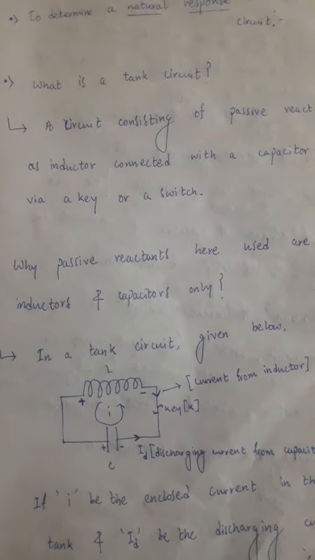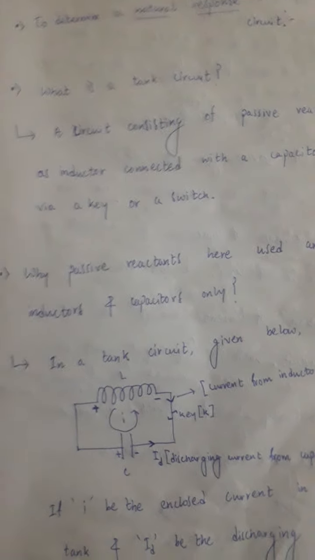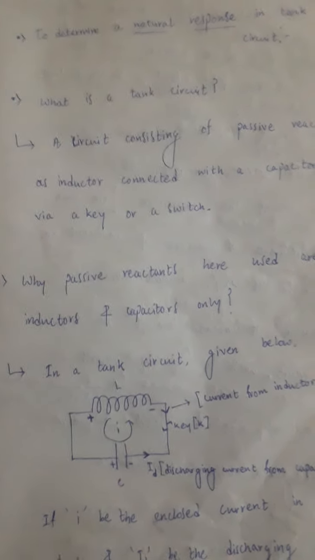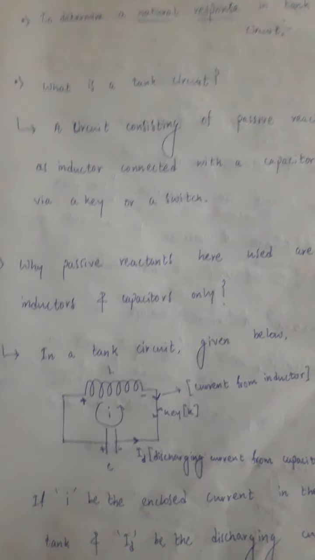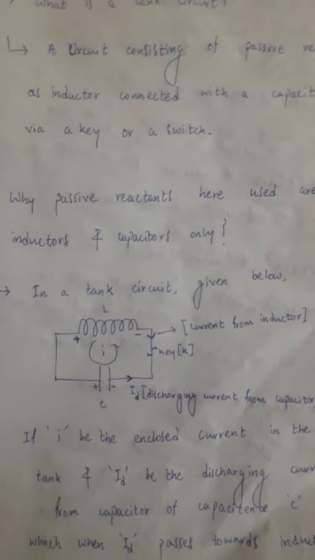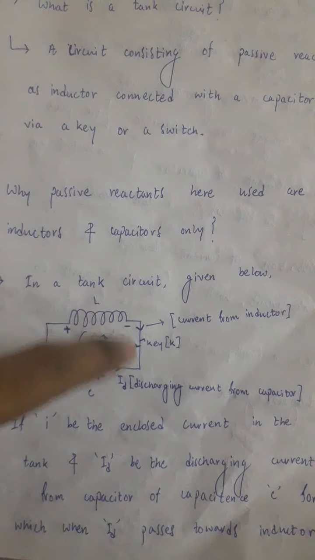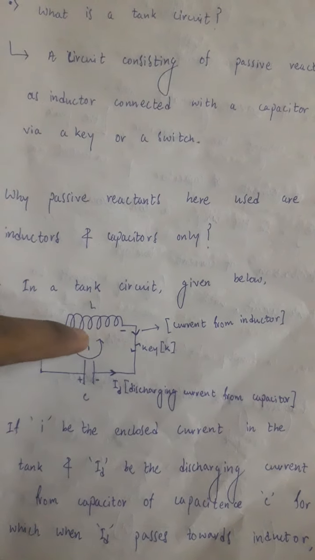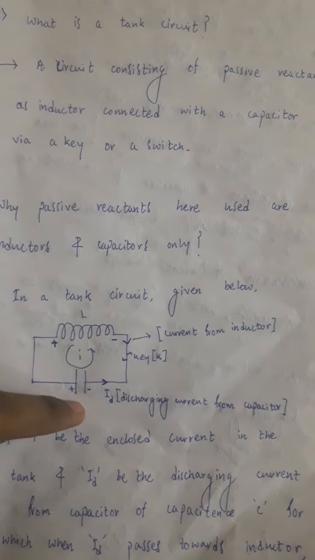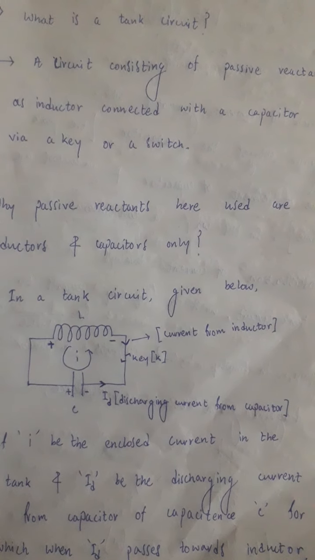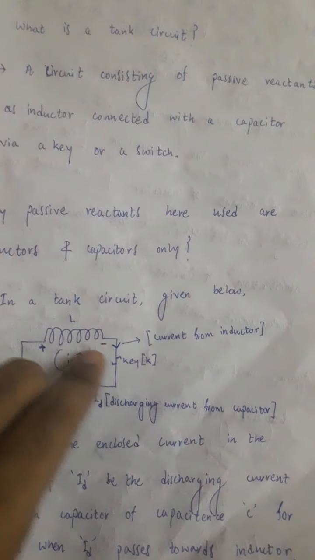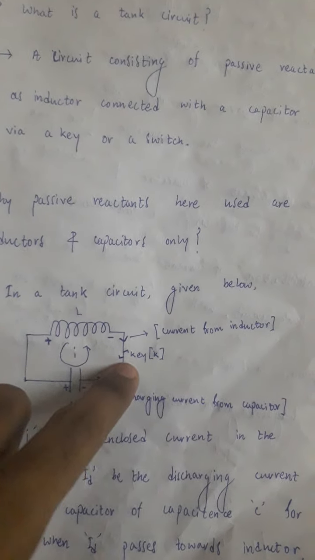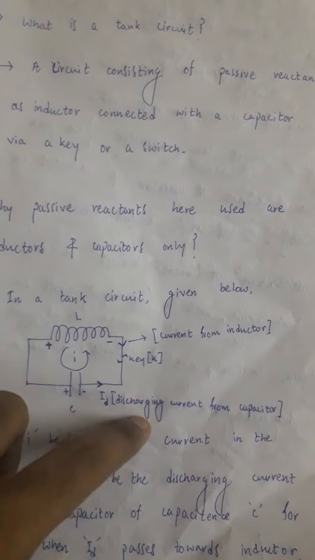Second is why the passive reactants used here are inductors and capacitors only. That's the question. Why are the passive reactants used inductors and capacitors only in the tank circuit given below? Here you can see the diagram as well. This is the inductor and this is the capacitor, and here I is the enclosed current in the tank circuit, and this is the current from the inductor, and this is the key, and id is the discharging